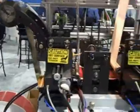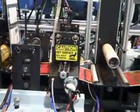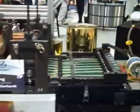Okay, this is the DMS hot stamping system on our lab press running at LabelExpo 2008 in Chicago. And we're making a sample piece here, which we're sheeting out at the end of this process. And here are the samples that we're making. And we'll show you a little bit about how we're doing that. Coming back down the press,